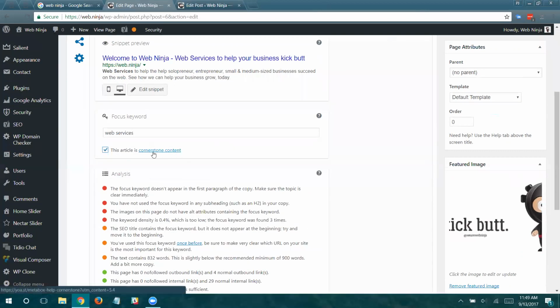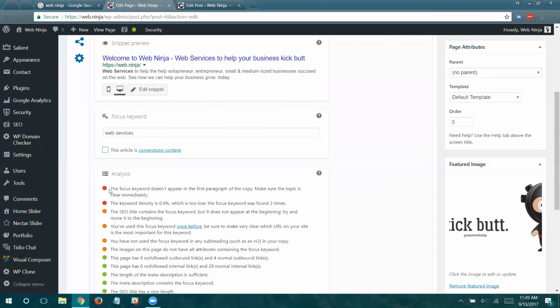This is where you tell the search engines, it's going to kick this plugin into gear and say, hey, we can tell the search engines that this is the most important type of information on our site. Then it's going to give you just a little bit more analysis. You can see when I click or unclick, there's a couple new items that show up that it thinks that I should improve.